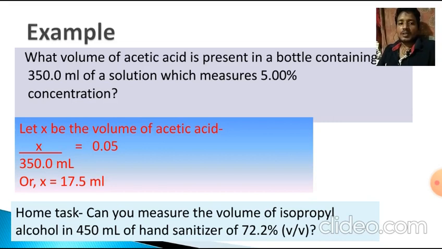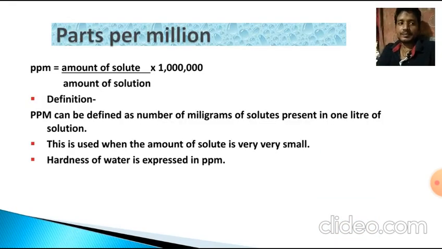Example: there is 4.3 milligram of oxygen dissolved in 100 gram of water. Then calculate the concentration of oxygen in ppm. It has been found that oxygen concentration is 43 ppm, which is equal to the weight of oxygen by weight of solution into 10 to the power 6. As home task, you can calculate the hardness of water in ppm containing 2 gram of calcium ion in 12 liter of water solution.